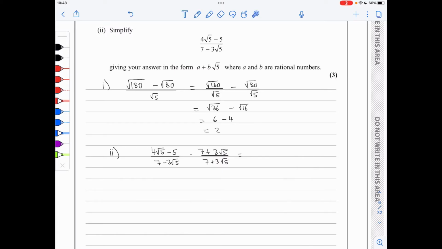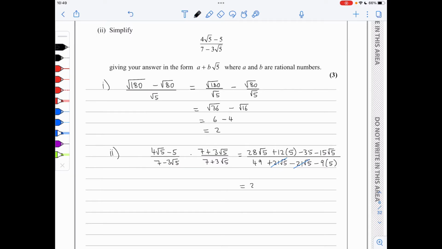So 4 root 5 times 7 is 28 root 5, and then it's 12 times root 5 times root 5, which is 5, minus 35 minus 15 root 5 over 7 times 7 is 49, plus 21 root 5 minus 21 root 5, minus 3 times 3 is 9, and root 5 times root 5 is 5. So we've got the 21 root 5 with the minus 21 root 5 cancelling out as expected,